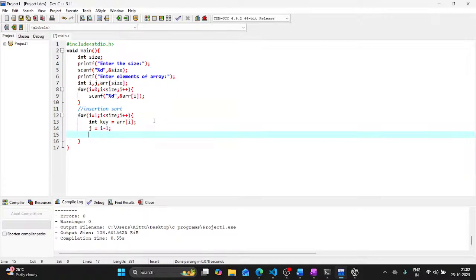Because you are going to start from before, right? You are making space for the key element in the already sorted array. In the array in which you have assumed it is to be sorted, you are making place there. And you don't know how many iterations it is going to be. So, while j is greater than or equal to 0 and array of